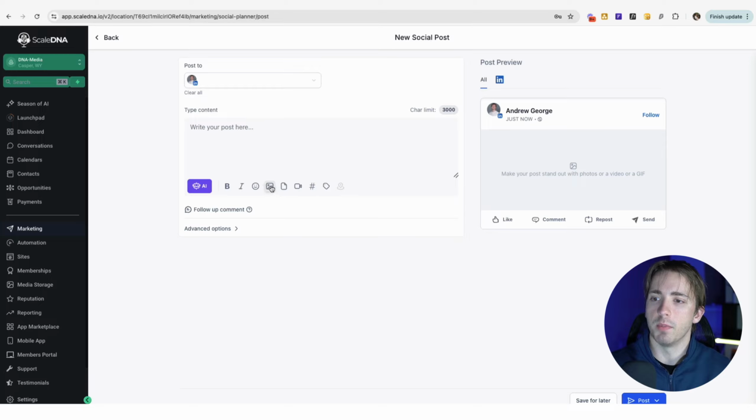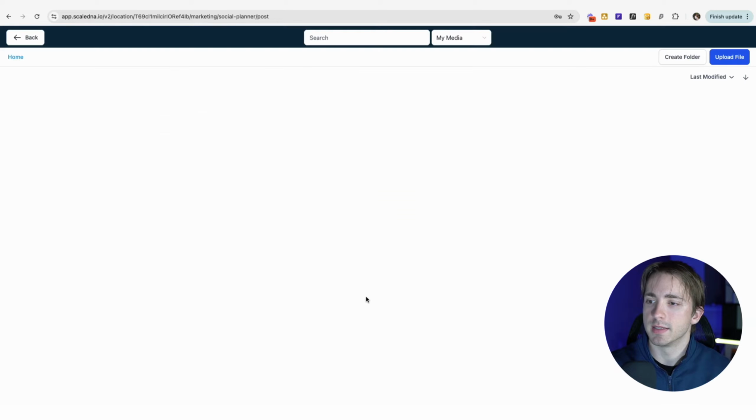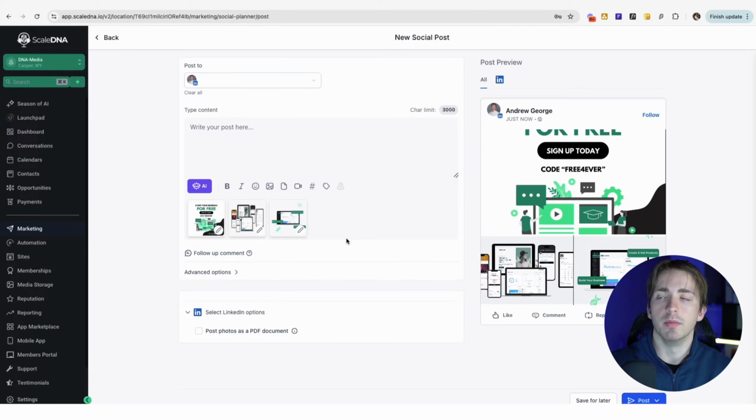The first one is we can upload images by clicking the image button right here, selecting images from the media library or using AI. And then we can select multiple images just like this. So I'm going to go ahead, select 2 or 3, and now I have my images in the post. As you can see, this is a preview of what it will look like when you post them as images,